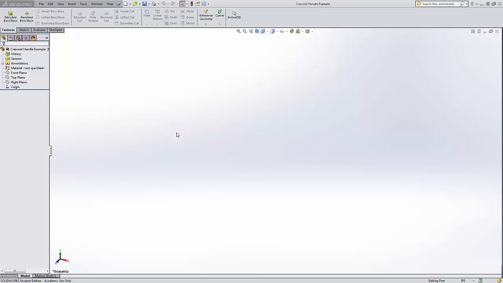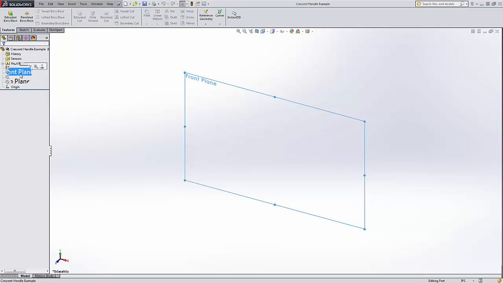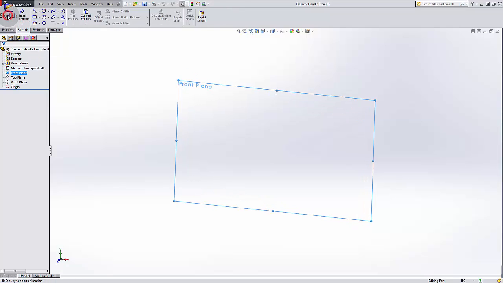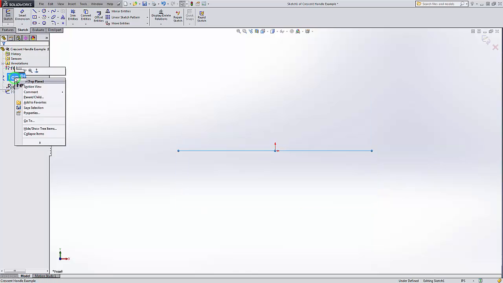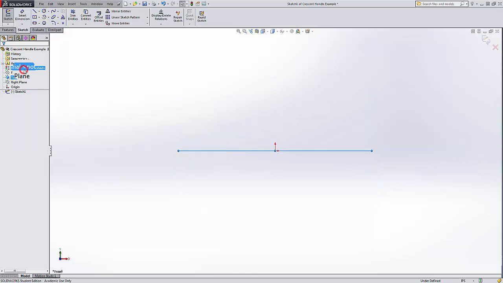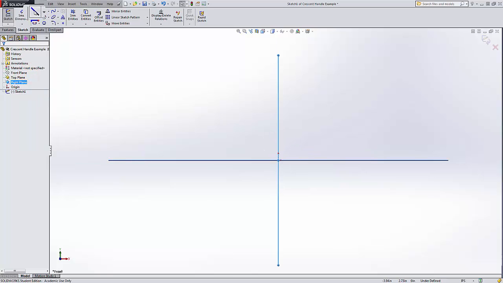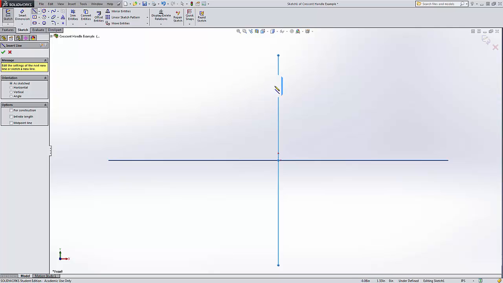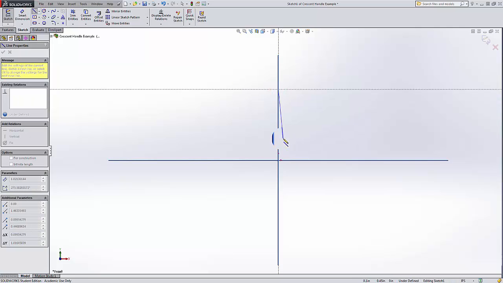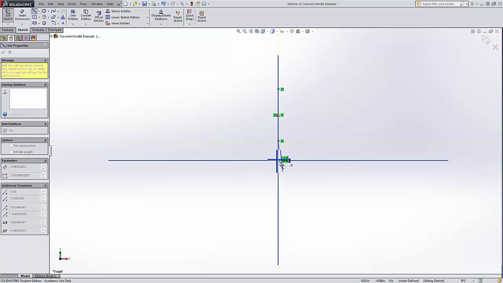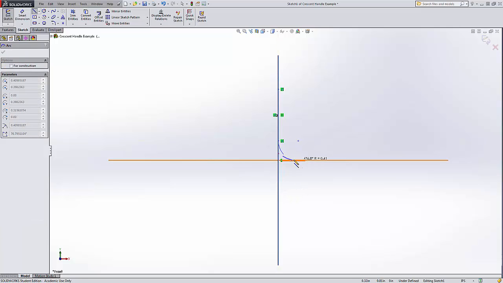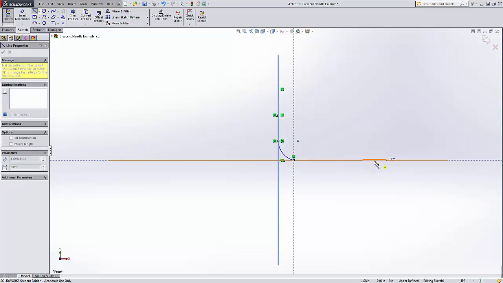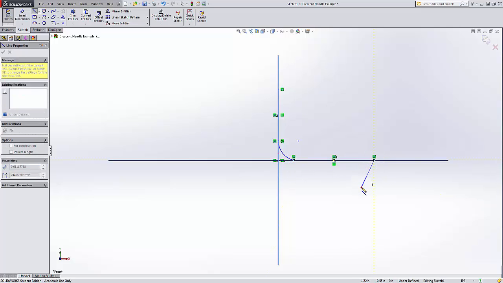Now this starting sketch can be a little crazy here. So I'm going to start with front plane here. I'm going to go to sketch. And then I'm also going to show, right click on the glasses, going to show my right and top planes. I'm going to use them. I'm going to start up here, come here, go out and then back in. Make that curve out here, down here, over,